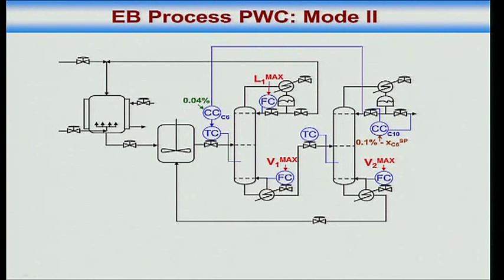So what I have shown is that I am adjusting the reflux, but usually what you will have is a temperature controller that adjusts the reflux, and that temperature set point is being adjusted by the composition controller. But for ease of drawing I have just drawn it like this. What you would have is a temperature controller that does this, and this set point would come from the composition controller, right? But then it becomes quite messy. I just showed it like this.